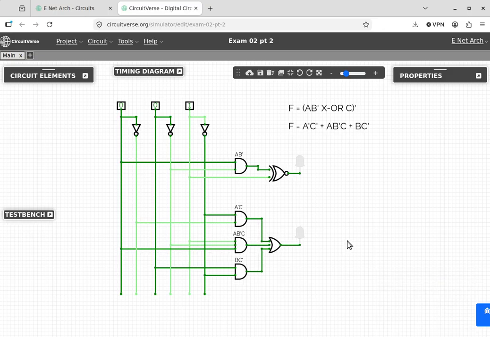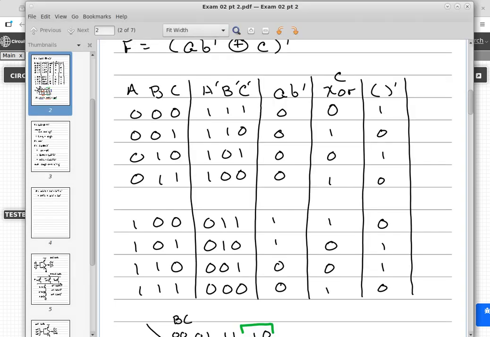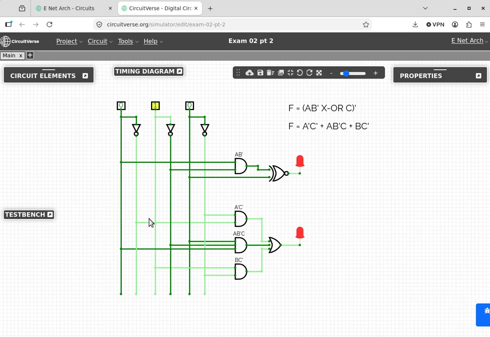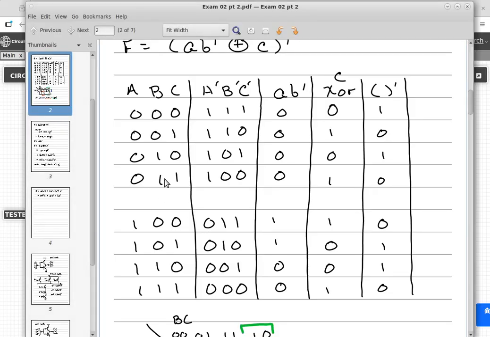All right. So our circuit diagram now matches our function specification, and we can see that both values are 0. Let's go back and turn this off, make sure both values are 1. Yes, they are. Okay, let's go back to our truth table. For the next set, we had B on, and that should be a 1. So let's turn B on, and it's still 1. Okay, and the fourth one, B and C are on, we should get a 0,